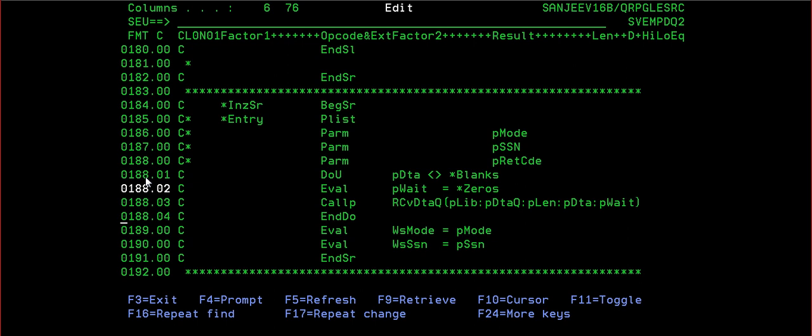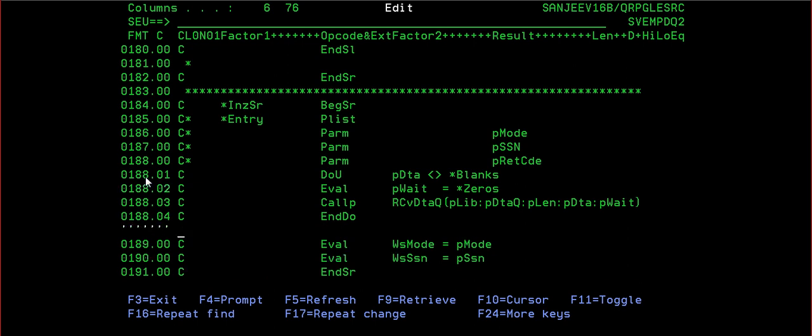Now once you get the data, what you have to do? I have to parse the data, right? So I will do eval p mode equals percentage sub str. Whatever I did there, the same I have to do here.